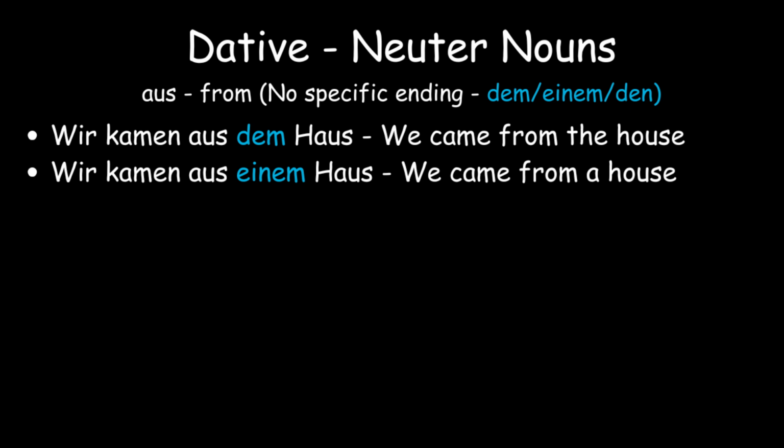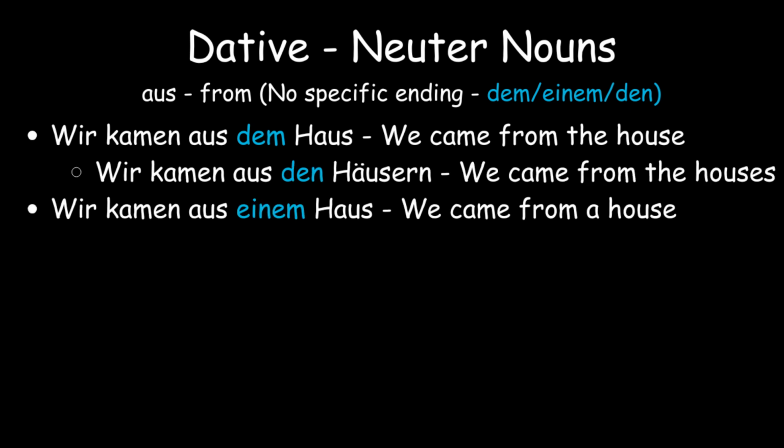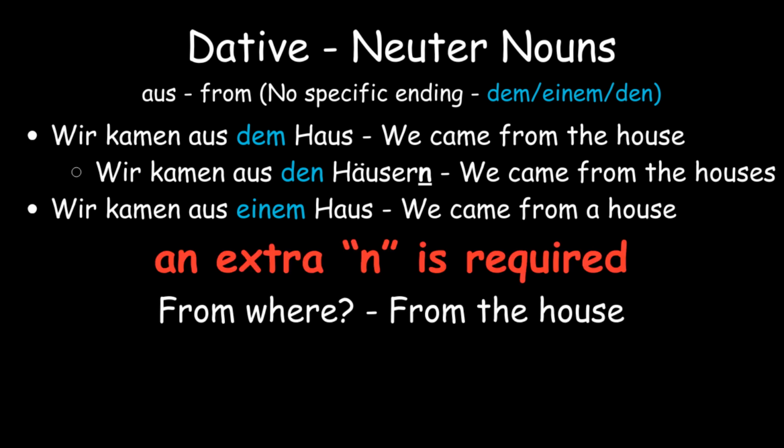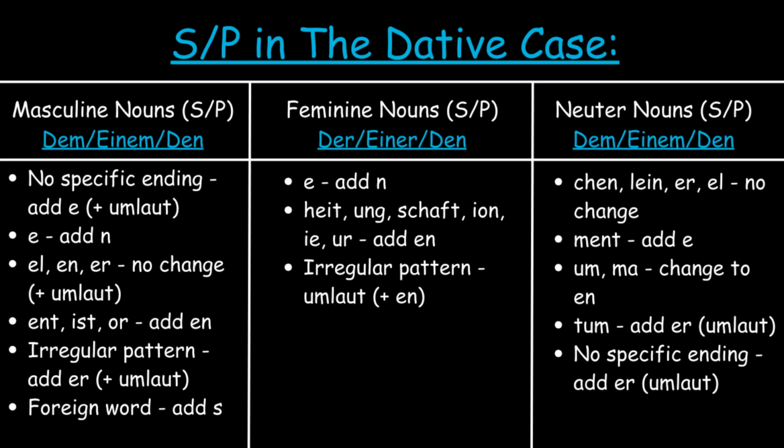Here, we have a preposition. Wir kamen aus dem Haus. Wir kamen aus einem Haus. To pluralize it, change the article and noun. Wir kamen aus den Häusern. In this case, an extra N is required, and we can also ask from where, which further shows that it's dative. Overall, this is the general system of nouns and articles in the dative, so this concept applies to most